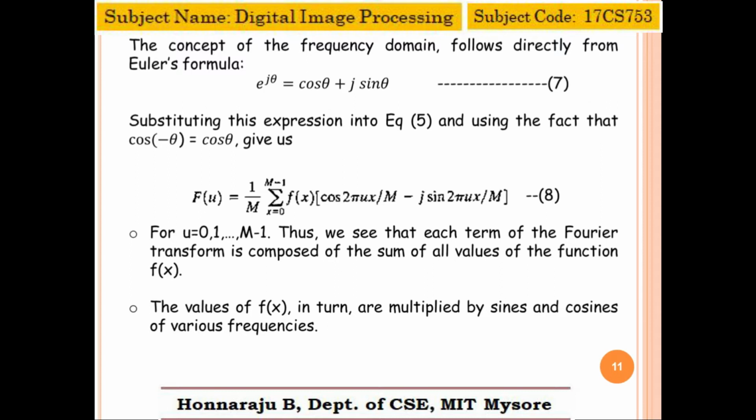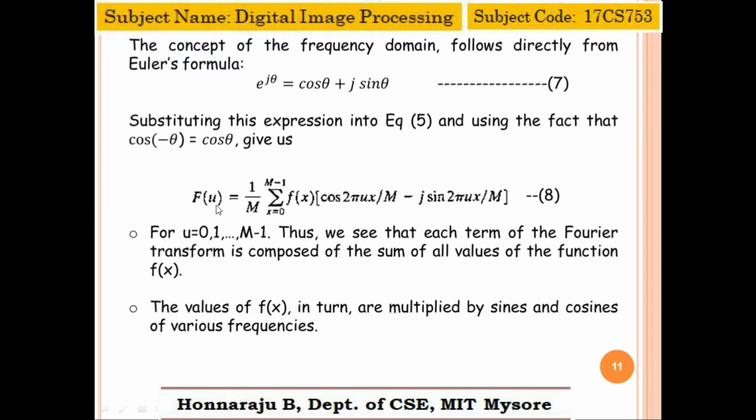So, here the concept of frequency domain follows directly from Euler's formula. Euler's formula is e to the power of j theta is equal to cos theta plus j sin theta. Substituting this expression into equation 5 and using the fact that cos minus theta is equal to cos theta,